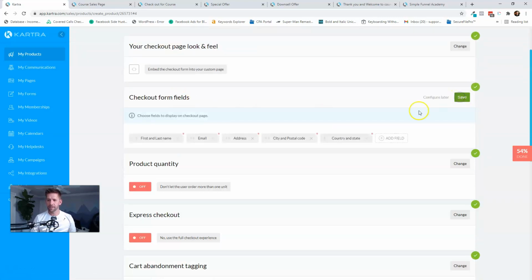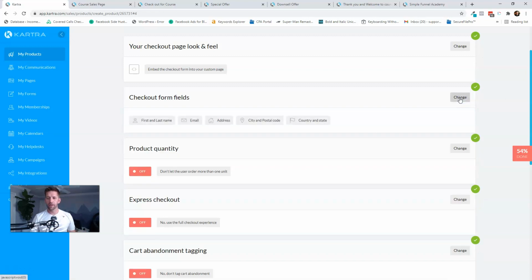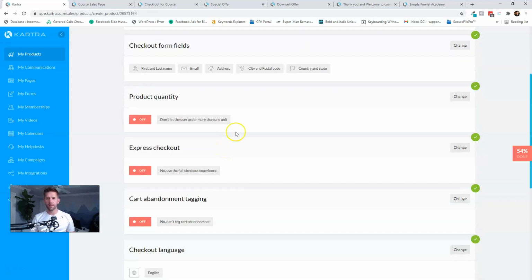Checkout form fields. Depending on your rules and regulations and GDPR and all that stuff, you may get away with removing address and removing postal code and things like that. I'm not going to tell you what to do on that one. That's more of a legal thing for you to determine based on your own location and your revenues and things like that. I'll leave it default for now, but again, you might get away with a more streamlined